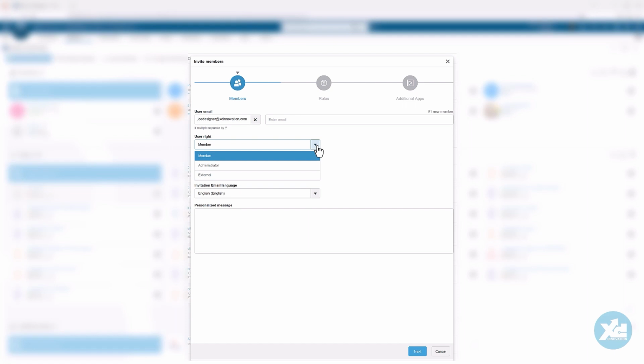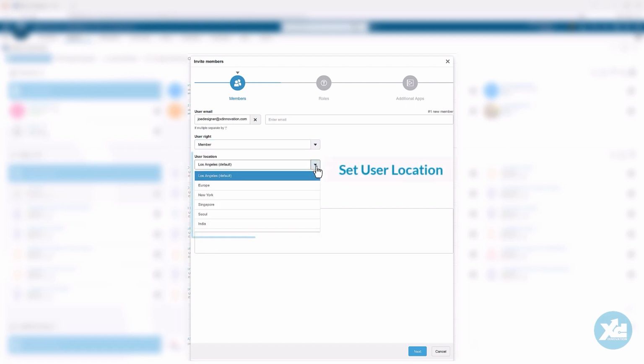You would assign administrator user right to a member who will be another administrator on your platform. It is recommended that you have a second administrator as a backup to the first or primary administrator. It is not recommended to have too many administrators, as this can lead to confusion or contradictory purpose when configuring the platform further. Set the user location if necessary,